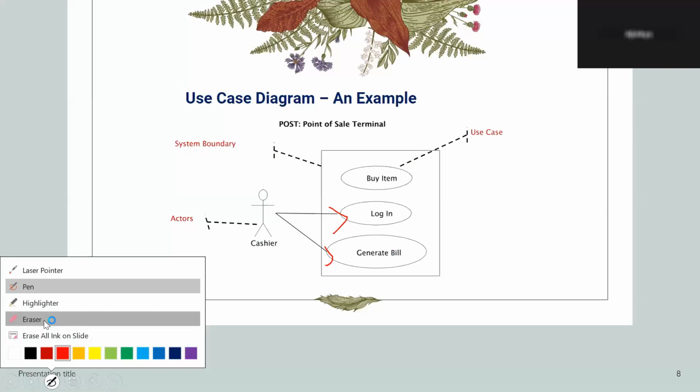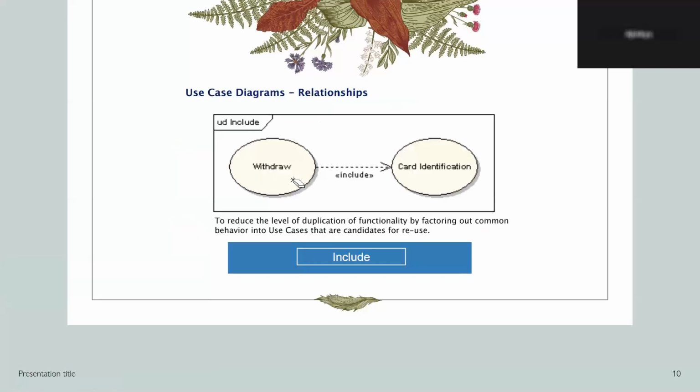The purpose of include is to reduce the level of duplication of functionality by factoring out common behavior into use cases that are candidates for reuse. It means, for example, we have to withdraw money from an ATM machine, but before that, card identification is needed, right? This is the mandatory thing.